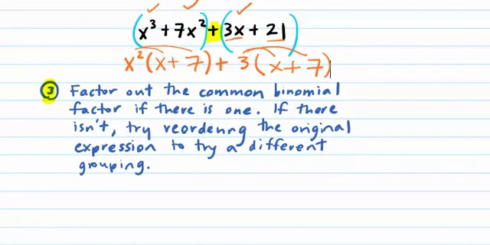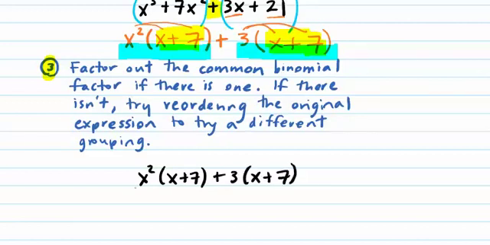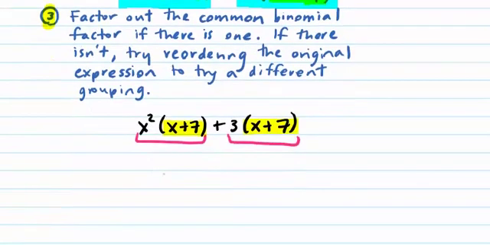The last step is that you factor out the common binomial factor, if there is one. Here, there is one, and what we mean by that, if you look at the first group and the second group, there's a common binomial of x plus 7, which can be factored out of both of those terms. So let me rewrite what we have here. I've got a term here and a term here. They share something in common, a common binomial. They both have a factor of x plus 7. If you factor that out,